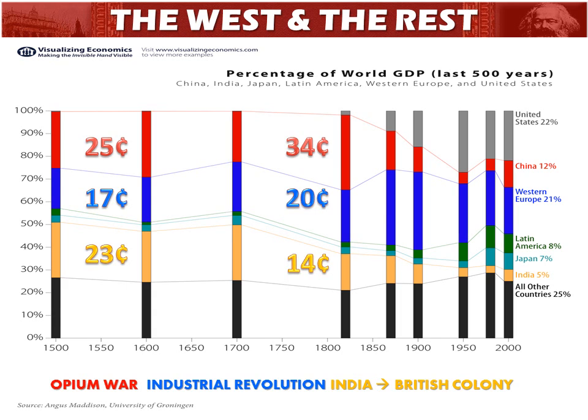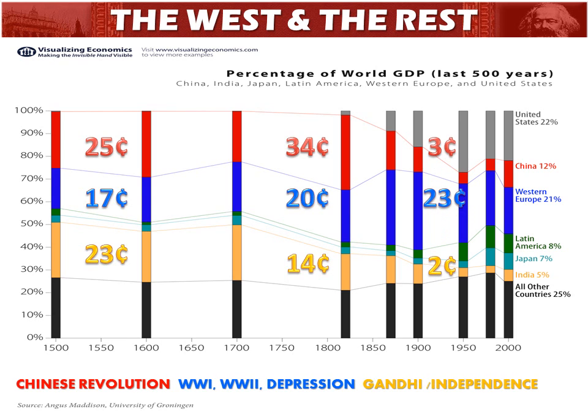Okay, so that's 1820. Let's move forward to 1950, about when many of your parents were born. And now you can see a really dramatic shift going on. You have a 10 times shrinkage in the share of the world's economy held by China. Remember, this is roughly the time the communists take over. So you've gone from 34% to 3%. Europe has only gone down a little, to about 23% of the world economy. India has gone down to 2.